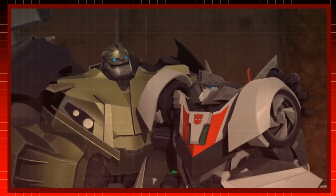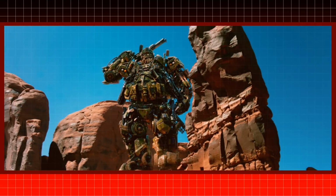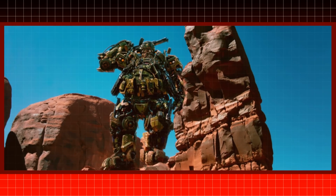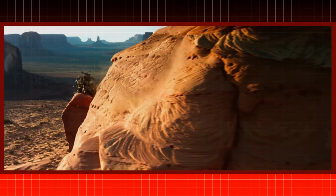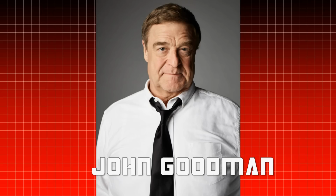The details for that I've covered previously. Bulkhead easily became a fan favorite of the show, and as such was clearly the inspiration for a new version of Hound in Age of Extinction. However, instead of a kind-hearted, Earth-loving Autobot who used holograms, this new Hound, as voiced by John Goodman, was a